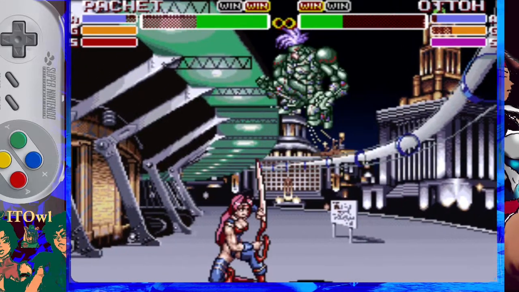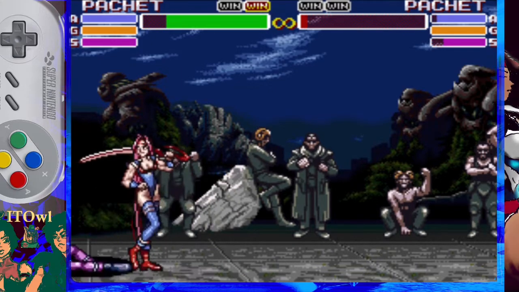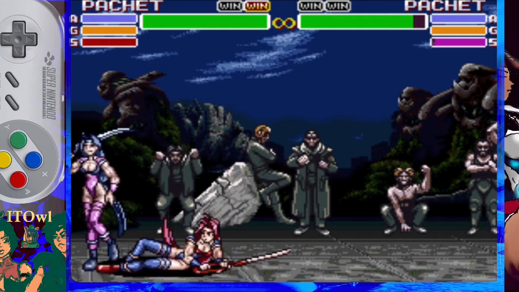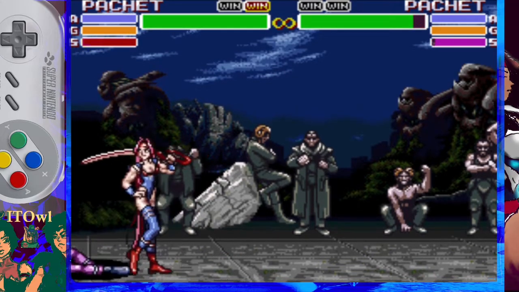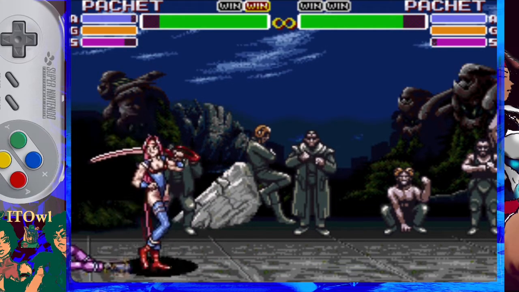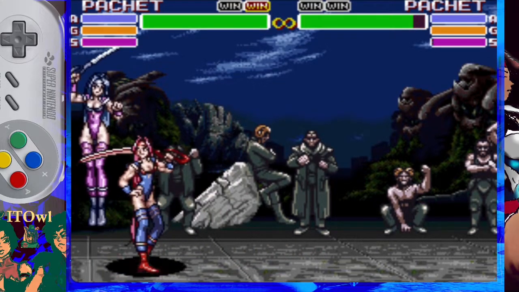And you can't get throw on wake ups. You can't get that because they have iframes on wake up until they press a button or until they fully recover. And if they recover, they can recover into a backdash, and you try to go for a throw, and now they're punishing your throw attempt. They're getting a full combo off of it, or a decent amount of damage off of it. So there's always a solution in there,